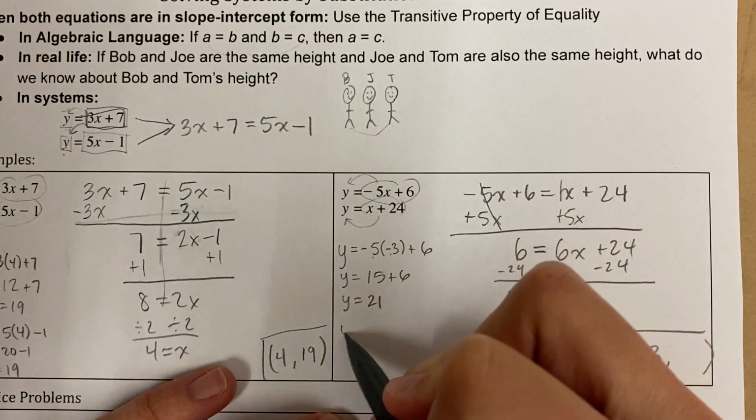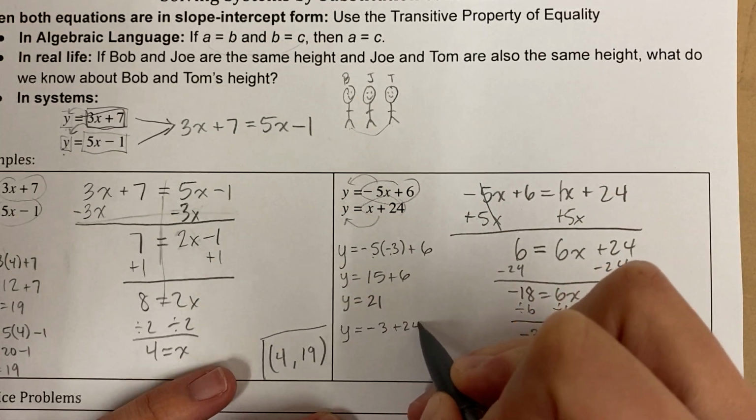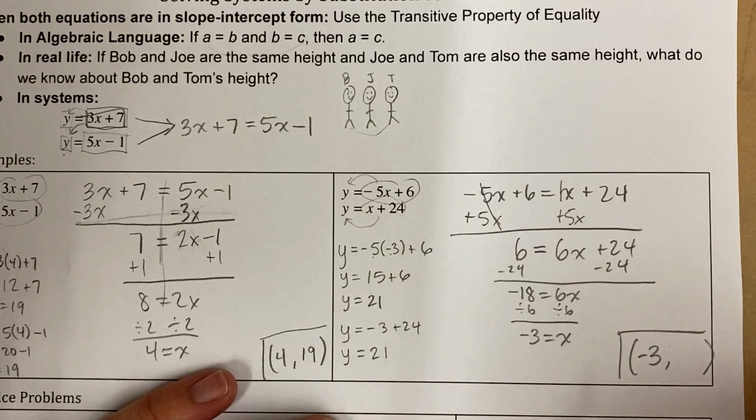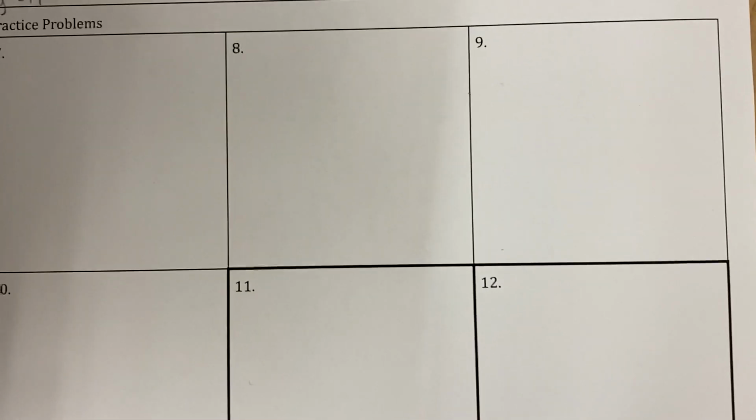And I also can plug it in down here. Get negative 3 plus 24. That's the same as 24 minus 3. And that's also 21. So I feel pretty good about that. I get positive 21. And you can go ahead and use this workspace below to work on